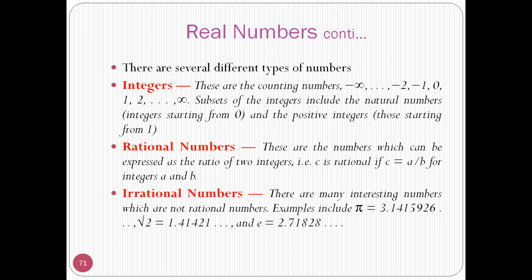Similarly, the exponential value, that is e, is equal to 2.78828. These values we are getting here are not rational numbers, and they include pi or the root of the given digits, or similarly the exponential value of e. These are also not rational numbers.